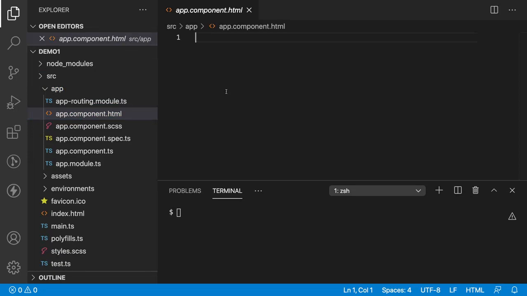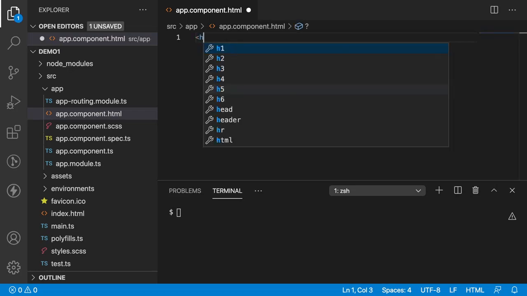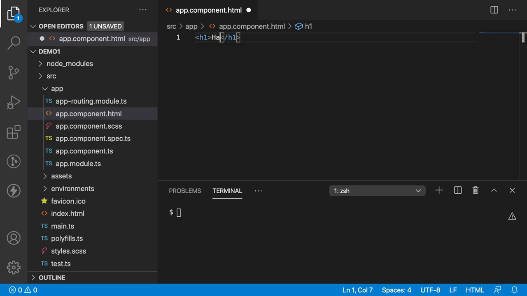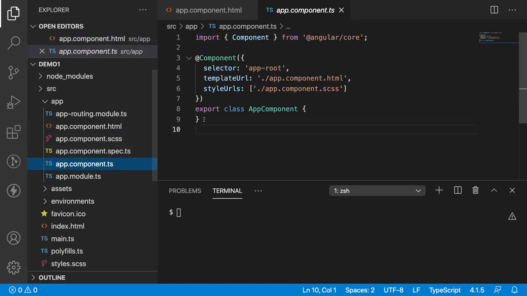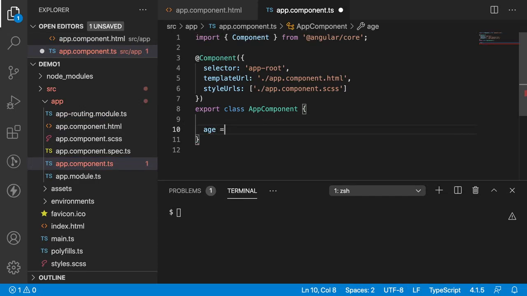Whenever you want to change your styles based on some conditions or based on some values which are coming dynamically, that is called style binding. How to implement style binding in Angular? Let me create one heading tag, and here let me write, hi, this is my one style binding, and here I want to change the font size or the color of the h1 tag by using a property called age. So let me create a property, age equal to 18.